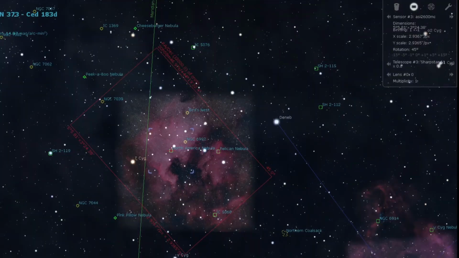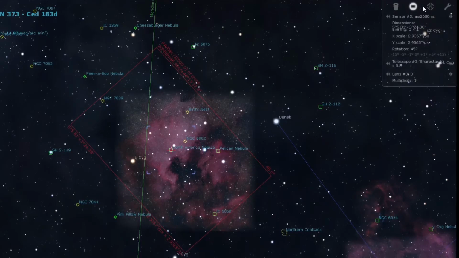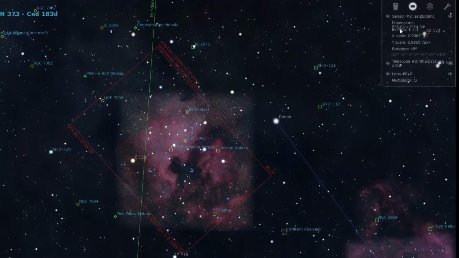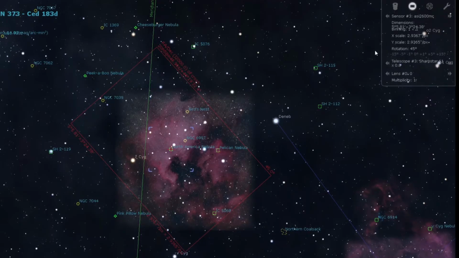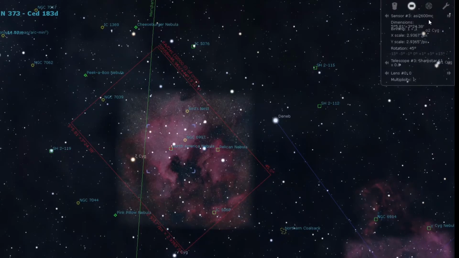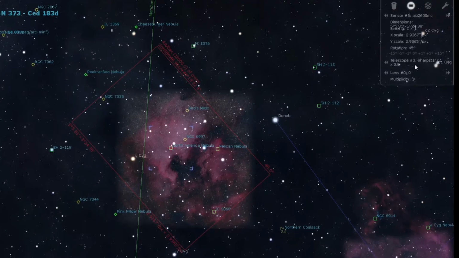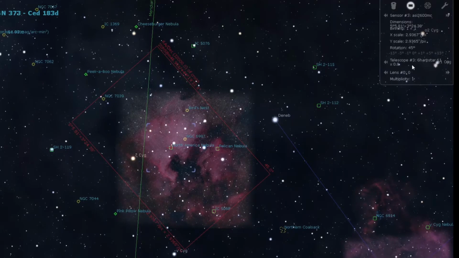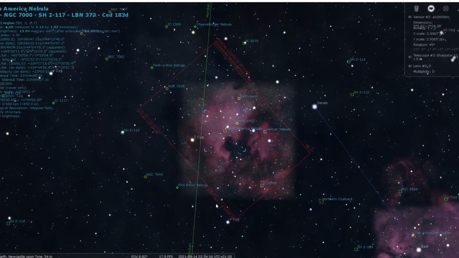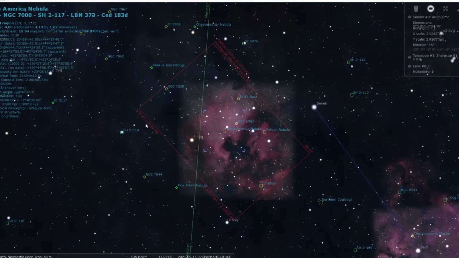So I've clicked on the ocular tab here, relating to the sensor and telescope. Now it's giving me different options here. So at the moment it's displaying what the view will look like if I use the ASI 2600 OSC in combination with the Sharp Star and the x0.8 reducer corrector, and it's giving me this huge field of view which it's displaying here, which is something like 5 by 3 degrees, almost 6 by 3.5 actually,